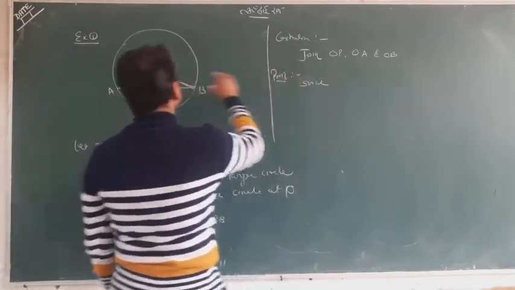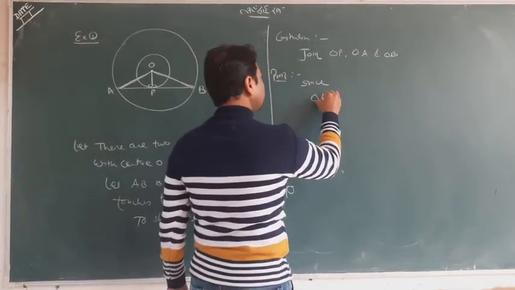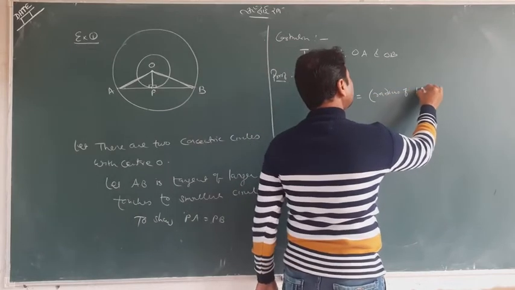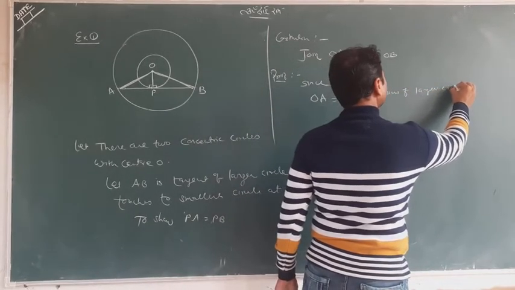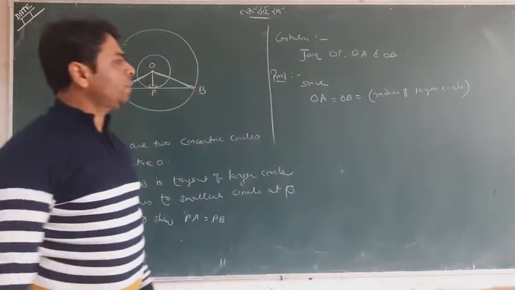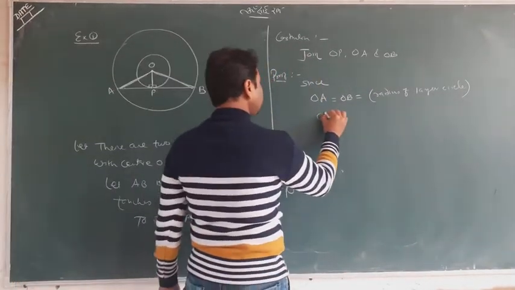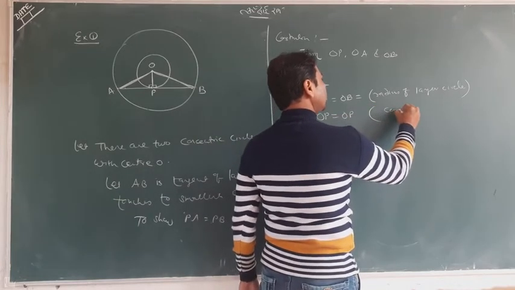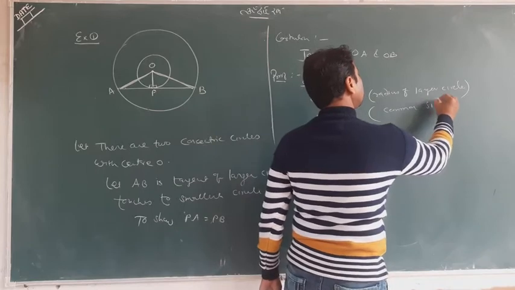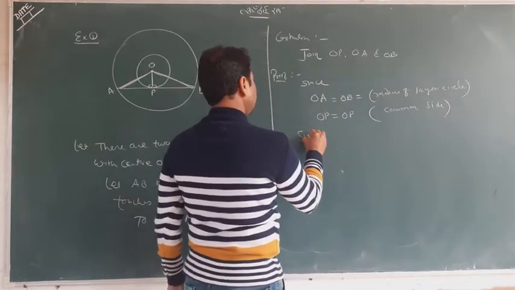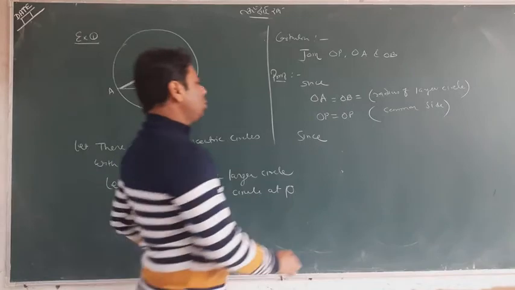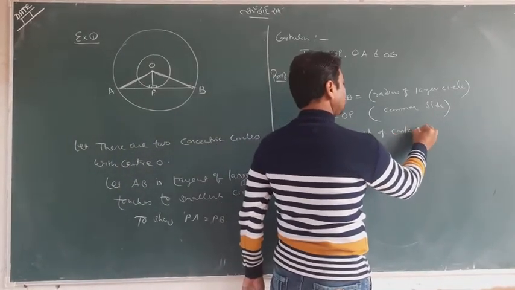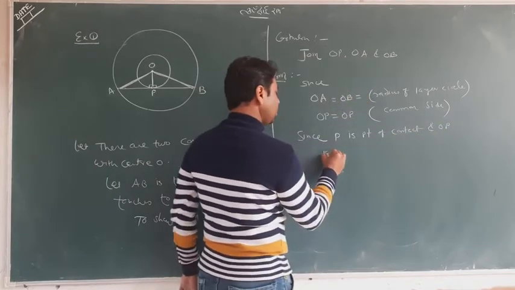Since OA and OB are the radius of the larger circle, OP is a common side, and since P is a point of contact and OP is a radius,